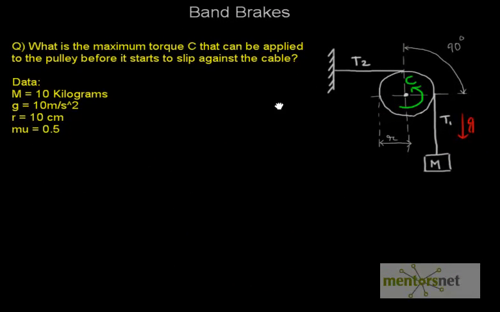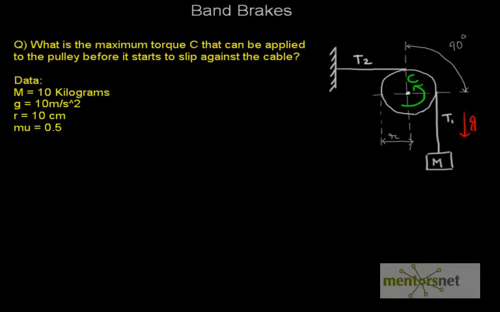So the first thing that we'll do is that we'll say that the tension in this string is T1 and the tension in this string is T2. Is there a way by which we can find out this T1 for certain? Yes, we can. What we can do is we can make an isolation volume around this mass